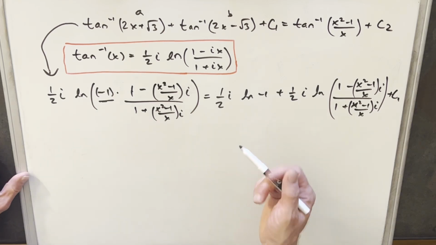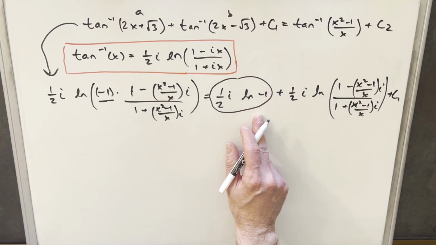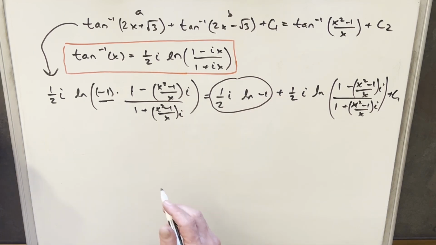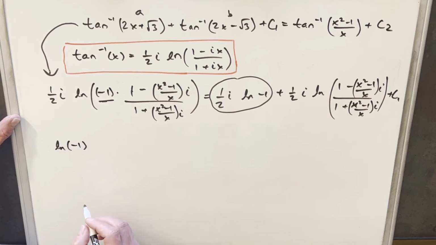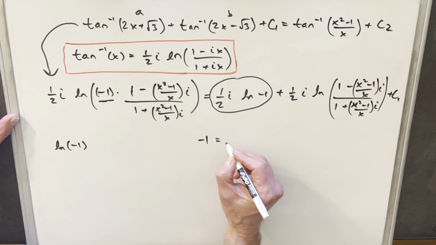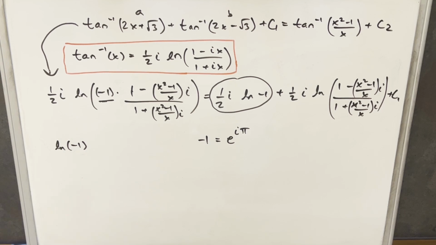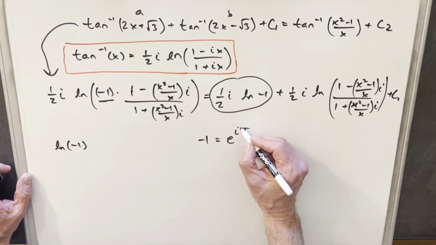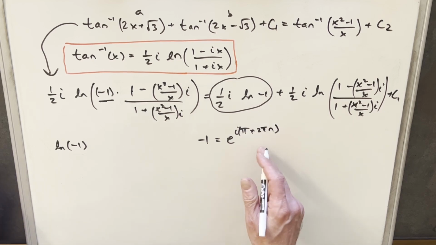But let's just deal with this over here first. Now what are we doing with this natural log of -1? Well, we have a way to handle that. So let's look at this real quick. For natural log of -1, we can actually use Euler's formula. You may be familiar with e^(iπ) = -1. We can actually extend this to e^(iπ + 2πn), where n is an integer,